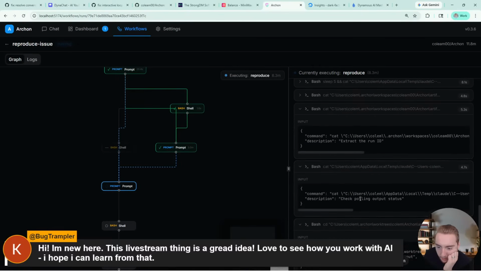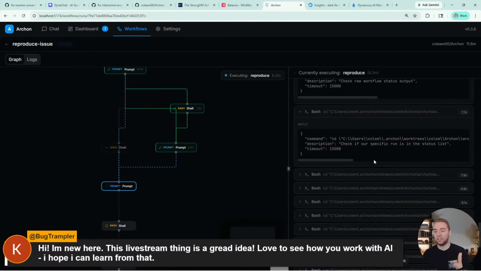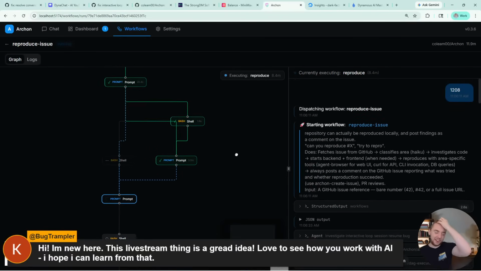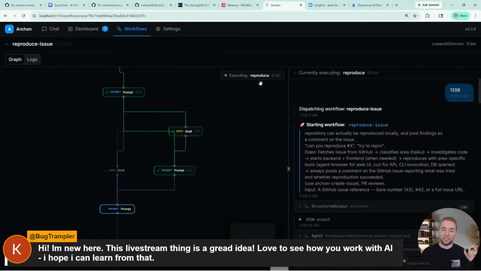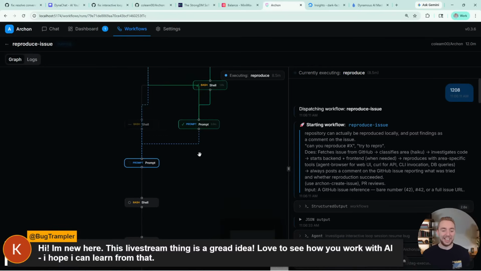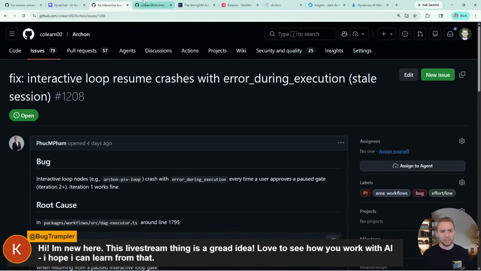Let's see. Yeah, okay, so we're actually invoking the workflow now. Thank goodness. I don't know why it wasn't reproducing things properly before, but now we are good. So we're evolving the workflow to a point where we'll actually get a test with the human in the loop workflow. We're going to really see if we can reproduce this issue or not. So this is looking good.